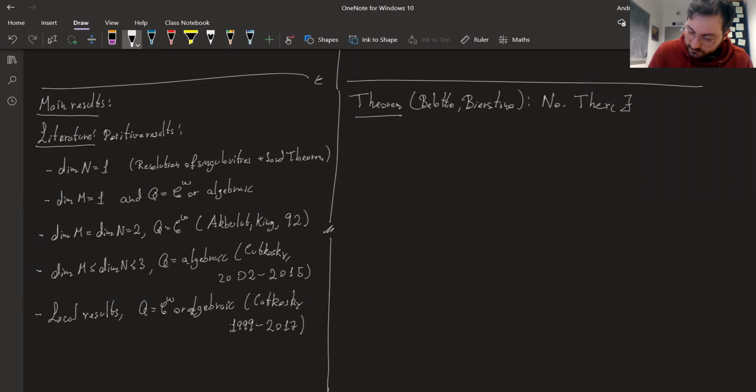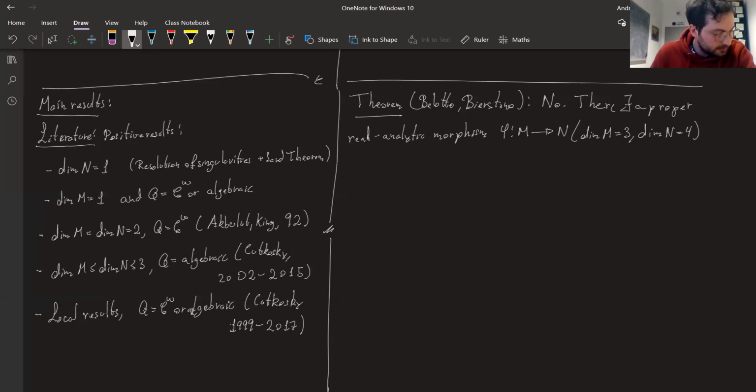So there exists a proper real analytic morphism phi from M to N, and I think it's interesting to say that the dimension of M is equal to 3, and the dimension of N is equal to 4, which does not admit a monomialization